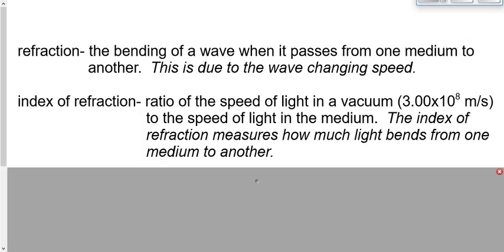So the index of refraction measures how much light bends when it goes from one medium to the other. The higher the index of refraction, the more light bends. Why? Well, because the higher the index of refraction, the more the change in speed. Light slows down more when it hits my wife's lenses than it does when it hits my lenses. That means the index of refraction is higher, and it means that the light will bend quicker or more as